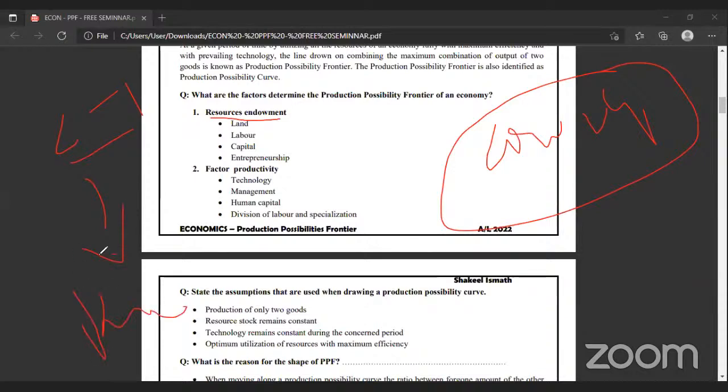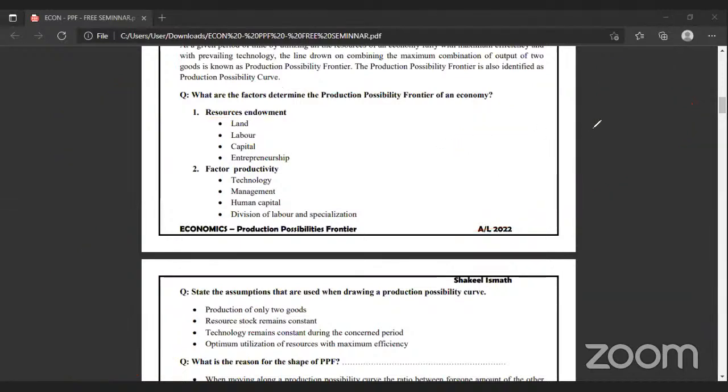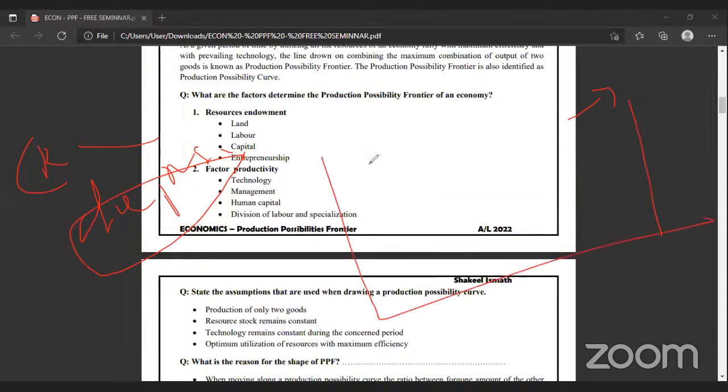What is a recession? A recession is a short-term problem. It's a short-run problem. Temporarily, the demand is decreasing. Then the PPC will not shift inward. As Muhammad said, if it continues for 5 years, then it comes to the long run. So if a recession falls into the long run, what do you call that? Depression. Then the PPC will shift inward.